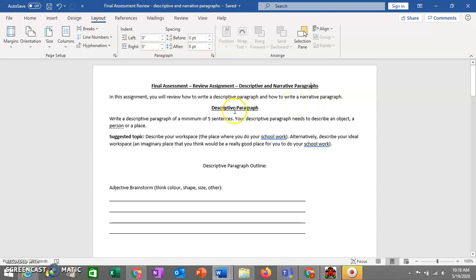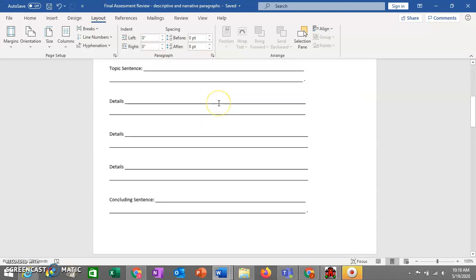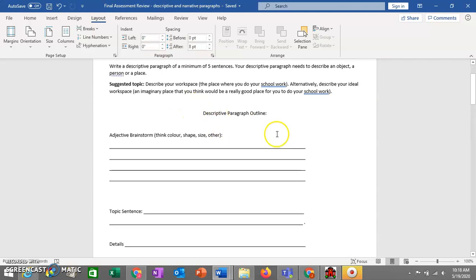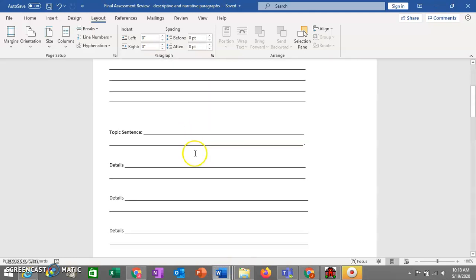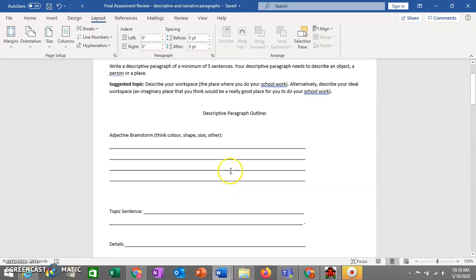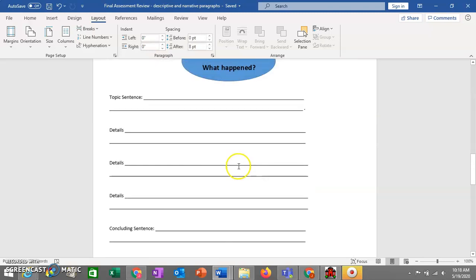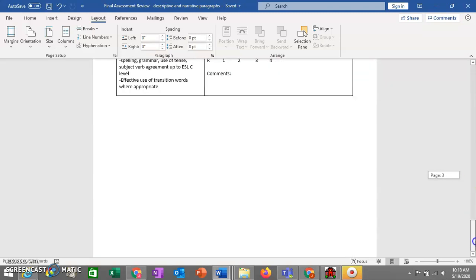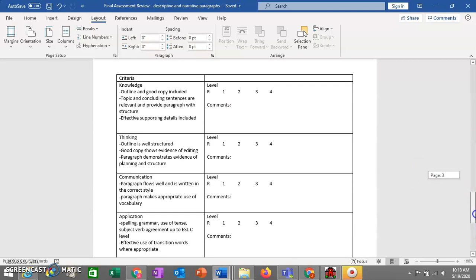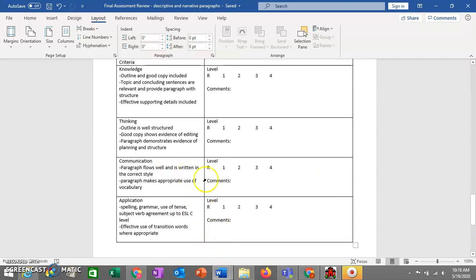Okay, so what I have here then is I've given you the outlines. So these are the same outlines that we used before. I just put them in this document to help you write descriptive paragraph and to help you write a narrative paragraph. So they're the same outlines as before. Okay, and there's a marking scheme here as well that's similar to the one before, although it's a little bit more simplified because we're not going to go through the whole rough copy and peer editing process. This is more just a refresher for you, so it's going to be simpler than a normal assignment that you